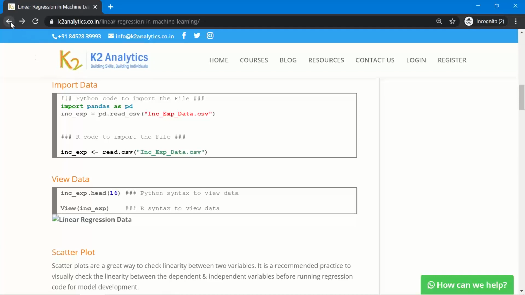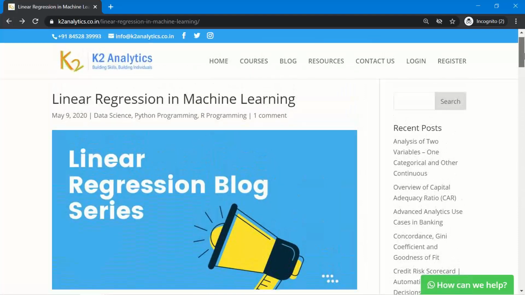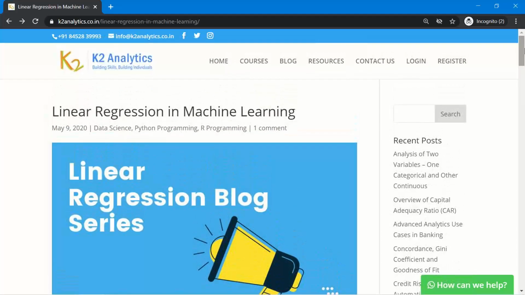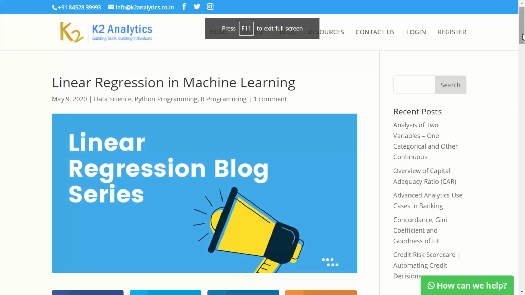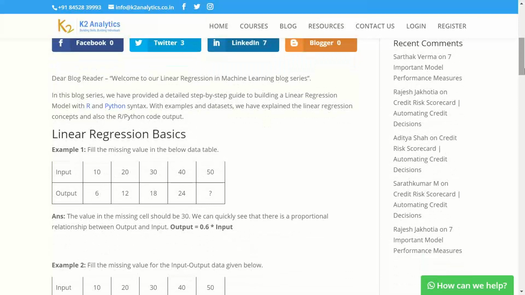So coming back, we'll start off with the basic concepts. Let's start with a very basic example. Here I have given you input and there is output.